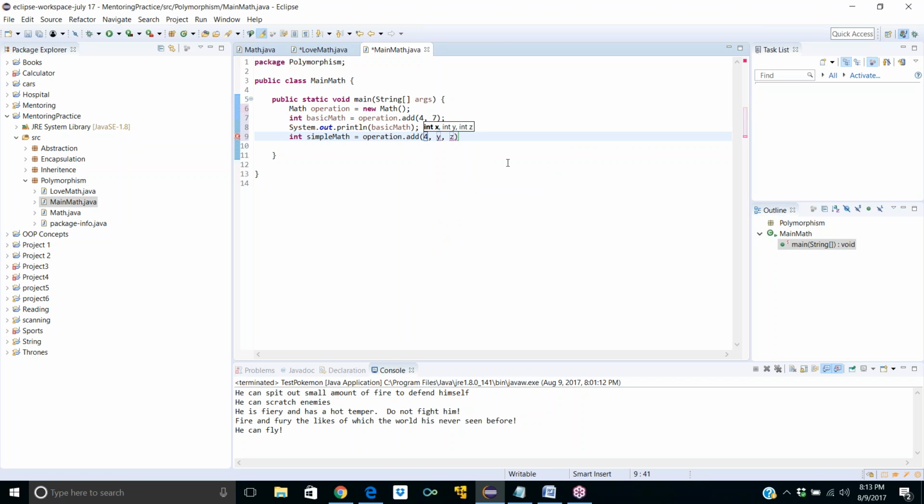Line 7. Oh, absolutely, Hossein. So, okay, so